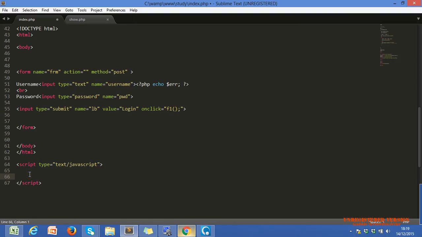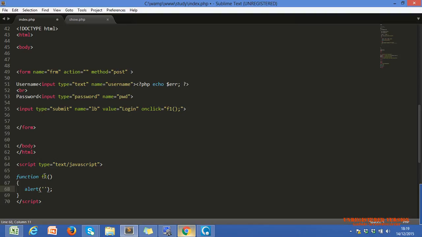Now we should have the definition of the function also. What is the logic behind the function? There is a definition and there is a calling. Let me show you how we create a function with JavaScript. Function is a predefined keyword in JavaScript, and our function name is F1, with small brackets. Within the function I use alert.